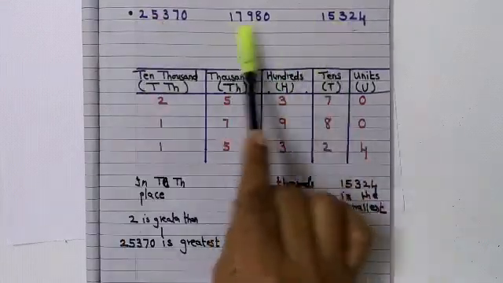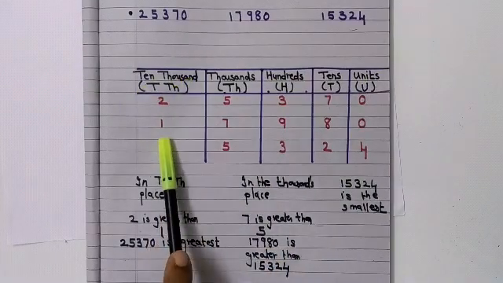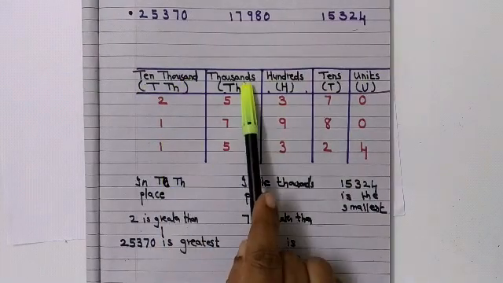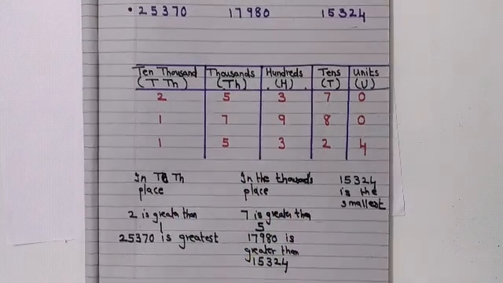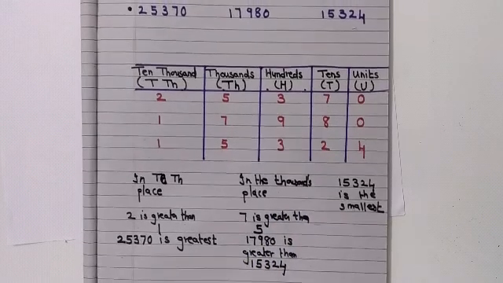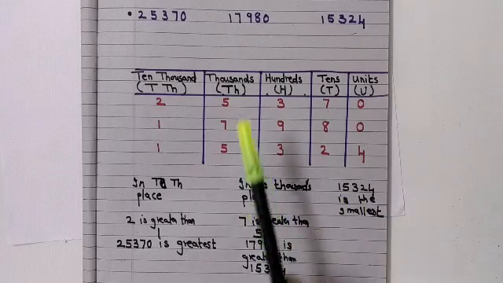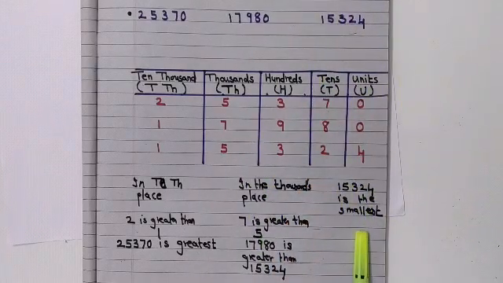Now another two numbers are there. You are comparing the other two numbers. Now we have finished with the 10,000s place value. So we will now see the thousands place. In the thousands place I have 7. So I have written there 7 is greater than this. And then finally, which number is left, children? This number. So I will say this number is the smallest.